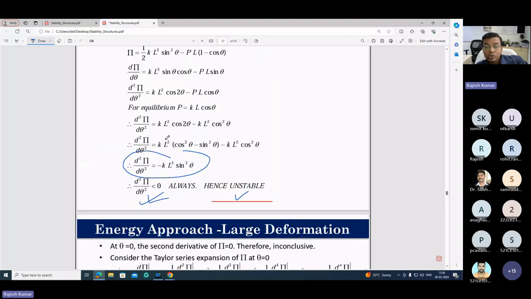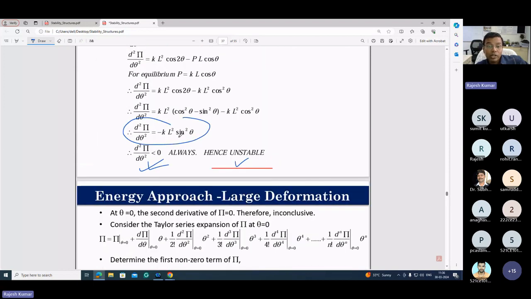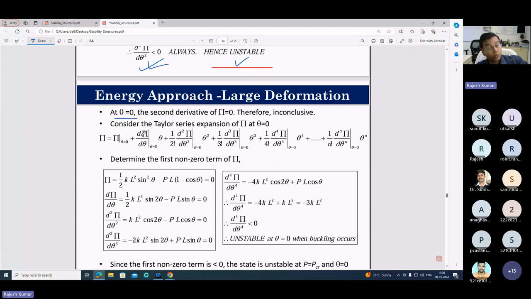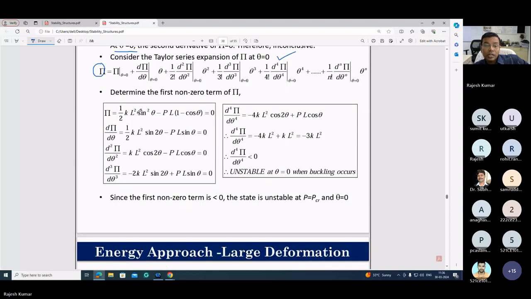And exactly at theta is equal to 0, the second derivative also becomes 0, so we cannot say anything. At theta is equal to 0, you have to perform a Taylor series expansion and try to find the first non-zero term of pi. Consider the Taylor series expansion of pi at theta is equal to 0. Determine the first non-zero term of pi, and solve the derivatives of pi with respect to theta. Then you see that the fourth order derivative is coming